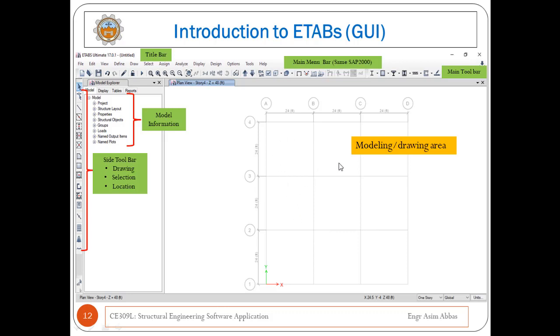And this is the coordinate system in ETABS, where x coordinate is along the direction shown, and this is the z direction, and this is y direction. And in ETABS grid lines, the spacing is also given like this, and it will give you the dimension value between the grids. And the bottom bar is called the status bar, where you can check x, y and z